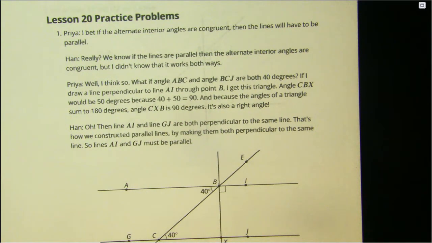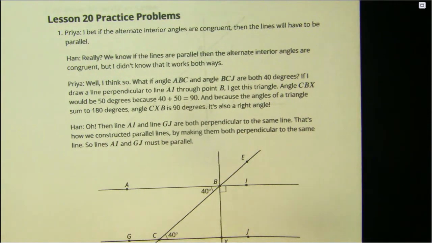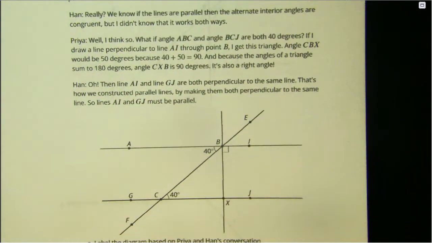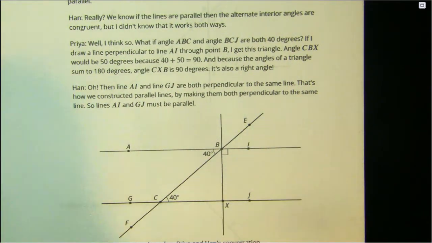to be parallel. Han, really? We know if the lines are parallel, then the alternate interior angles are congruent, but I didn't know that it works both ways. Priya, well, I think so. What if angle ABC and angle BCJ are both 40 degrees? If I draw a line perpendicular to line AI